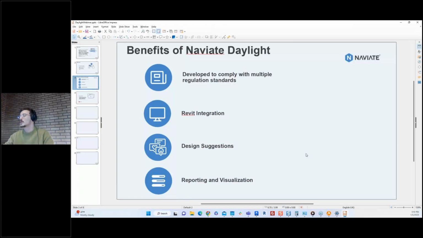The second two that I would like to mention are more in the area of features, but I would like to highlight them also as benefits. One of them is design suggestions. Our software is providing design suggestions based on the selected calculation standard, which means basically we will tell you if your window dimensions are meeting the requirements based on the selected standard, your room dimensions if they're okay